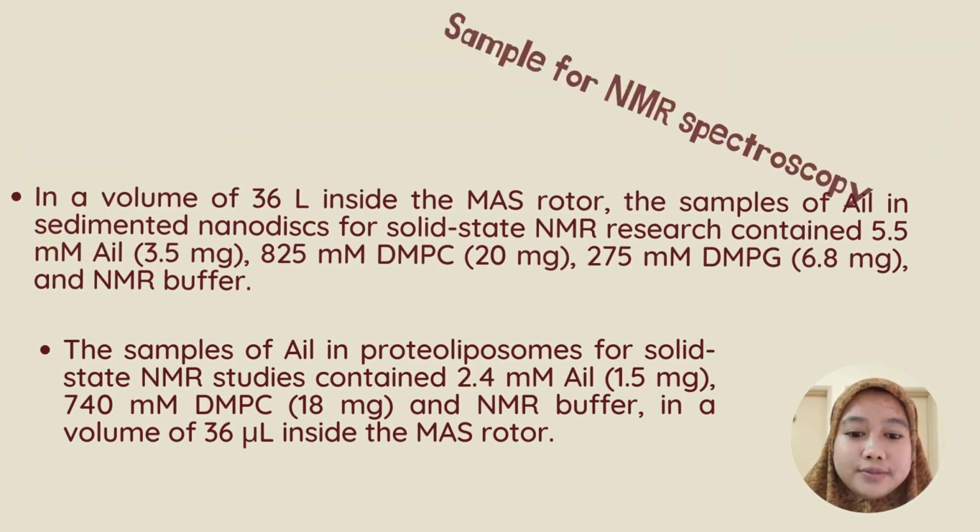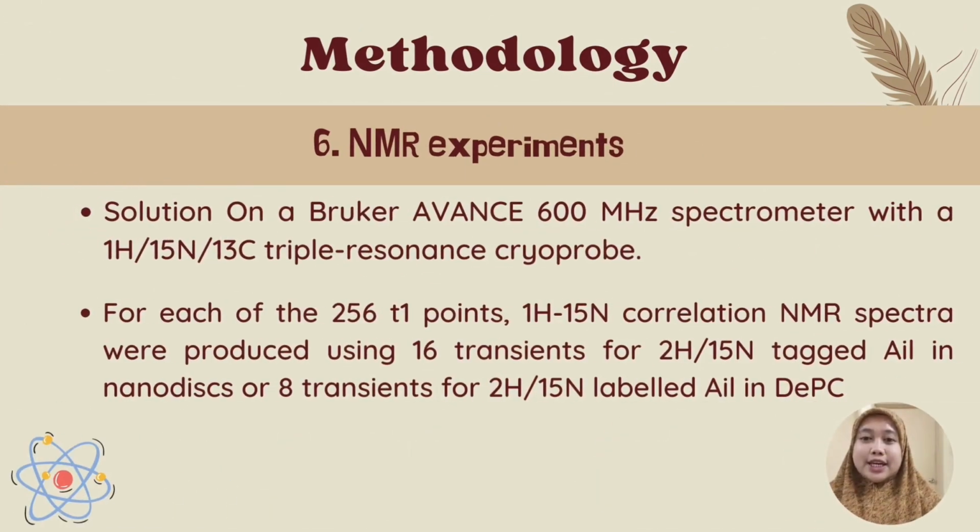Last but not least is NMR experiments. Solid-state NMR experiments were carried out using either a Bruker 500 MHz spectrometer. It utilized a Hahn echo pulse sequence with continuous wave 1H decoupling, and 1-dimensional 31P spectra were recorded